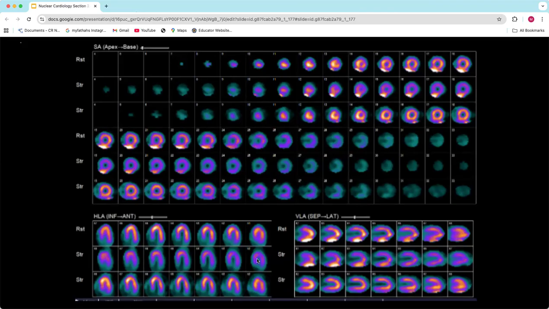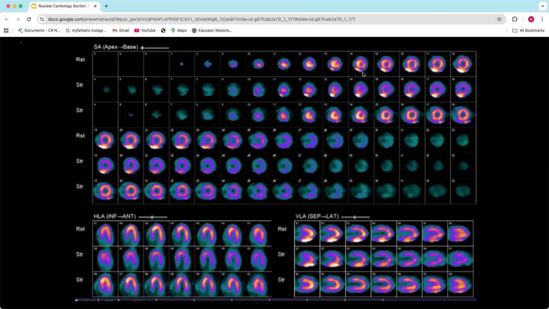So here's an example of one that was done better by the tech. What I have here is our rest scan. This is where we started. Then we have our stress scan, and then we repeated our stress scan. So the rest scan shows a little bit of gut. Now I would say that this gut on this rest scan is probably worth waiting a little longer.